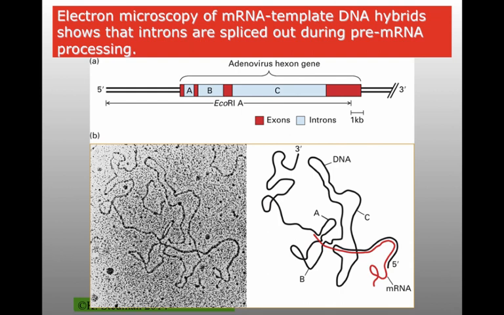You can see that this particular piece here is slightly thicker than that one right there. So this is your DNA plus RNA, and that's just your DNA by itself. So you hybridize these things together, you see these big loops. And so this big loop represents an intron, this loop represents an intron, and that loop represents an intron. What's this extra stuff at the end here, probably? Just RNA? What do you put at the 3' end of RNAs? Poly A tails. Is that going to bind to the DNA? No, it's not going to bind to the DNA. So this is that extra poly A tail just hanging out at the end here.